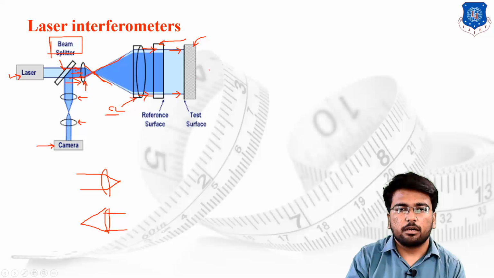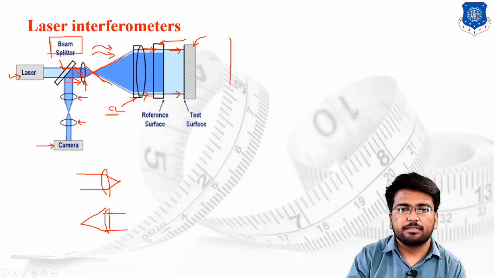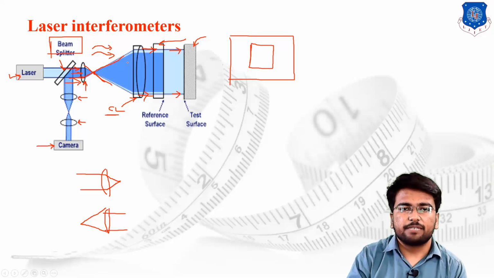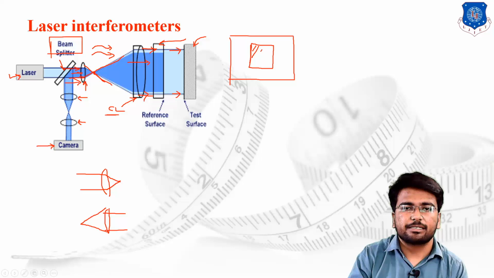If we check this particular site, then we can say that this is the test workpiece, and this is going to be your reference workpiece. So do not get confused: whatever laser strikes on the reference workpiece, the remaining lasers strike on the test workpiece. The reference workpiece is smaller in size as compared to the standard, or the basic workpiece which we are going to evaluate.